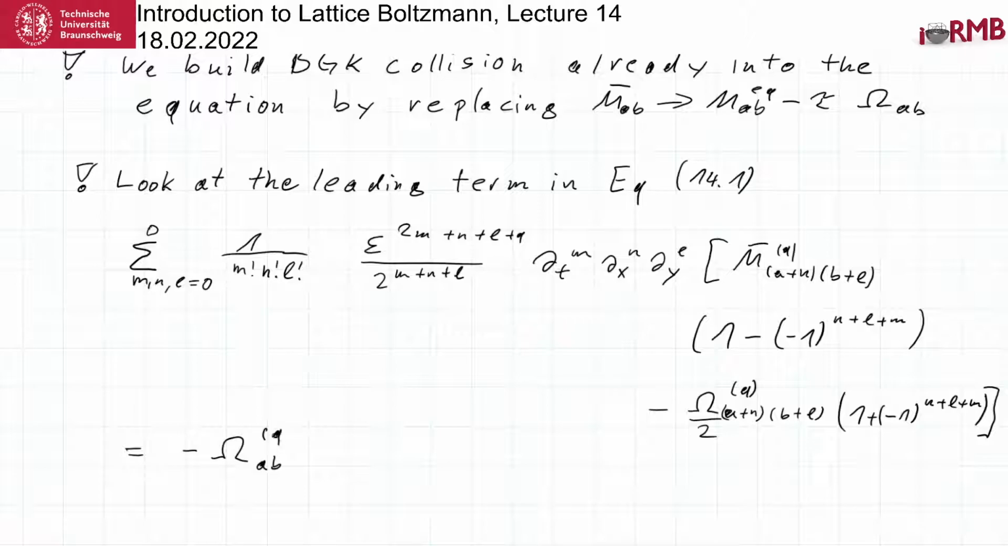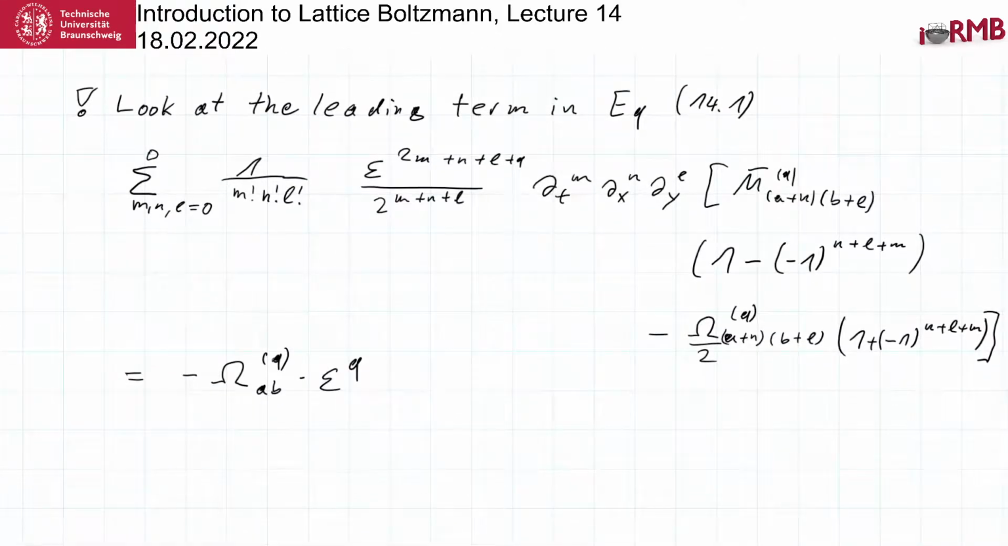AB of order Q, and this times epsilon to the power of Q. So this is the first order term, the lowest term in this equation. There's always the collision operator at the lowest term. So if we want to compute the collision operator, and this will be 14.1, what we can do, take note there's a minus, we could say that omega